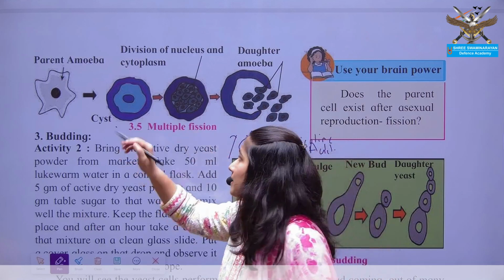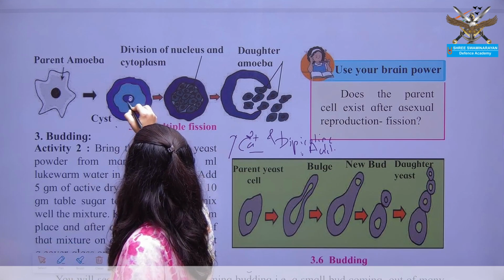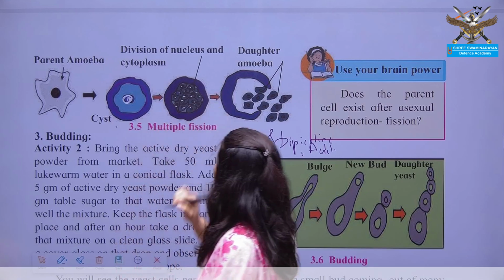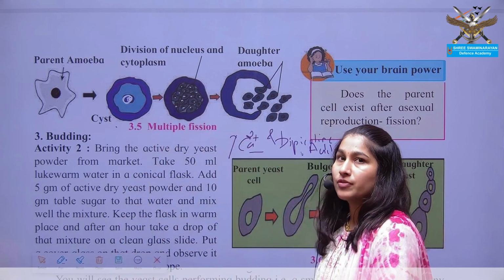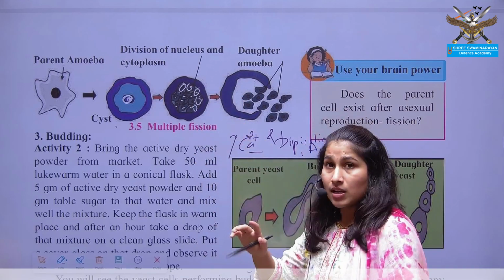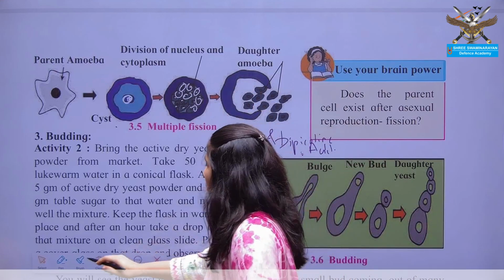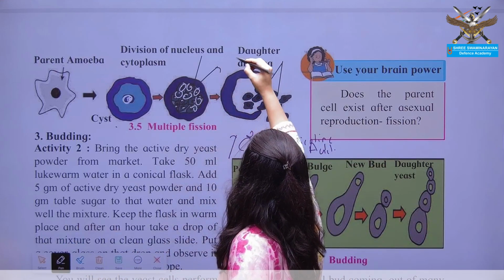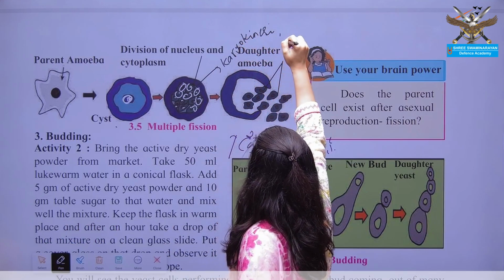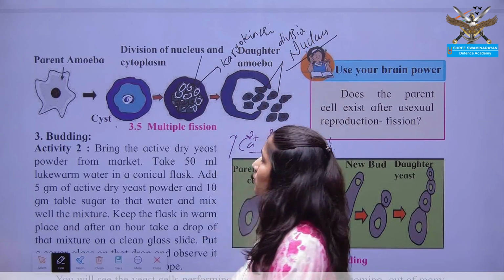So within the cell, whatever nucleus was present now starts to divide. There is division of nucleus, and this multiple division of nucleus starts to form individual organisms within itself. But does the cyst rupture? No. Within the cyst itself, there is only karyokinesis. Only karyokinesis. There is only division of nucleus.